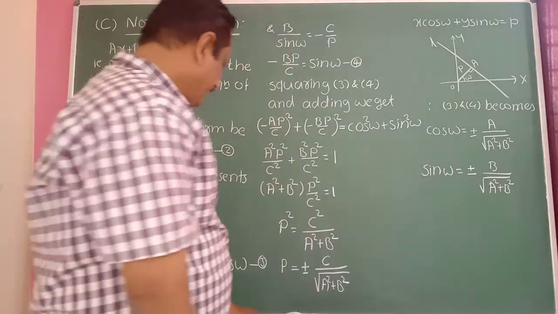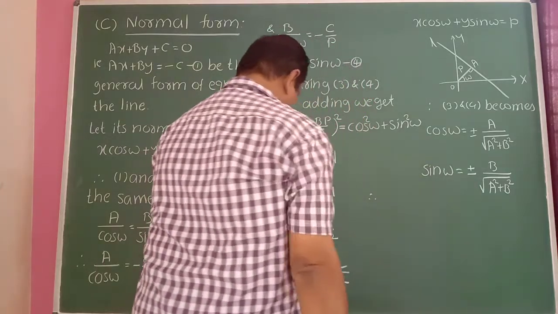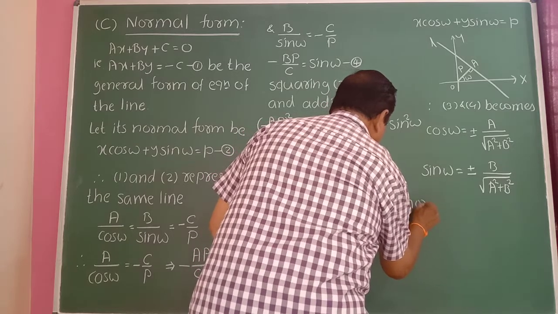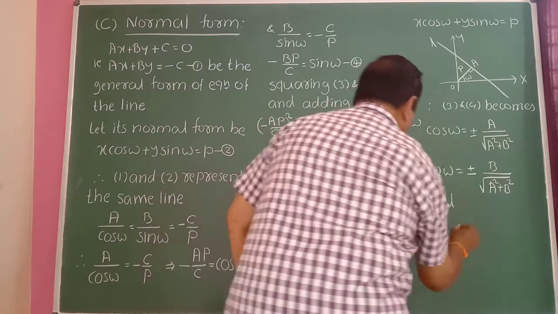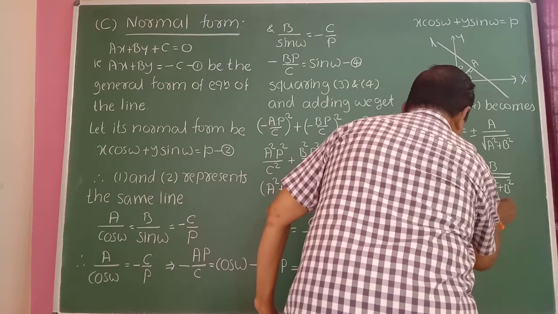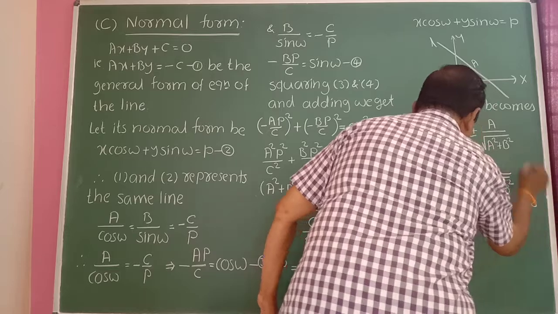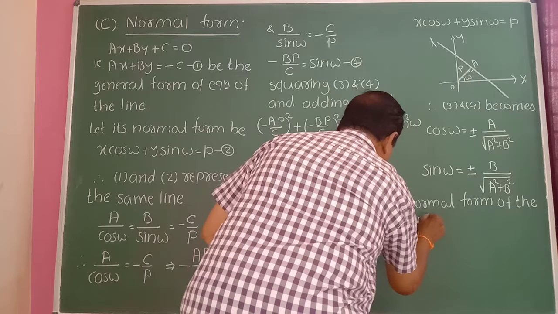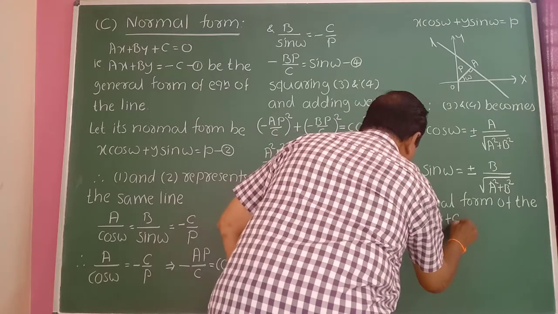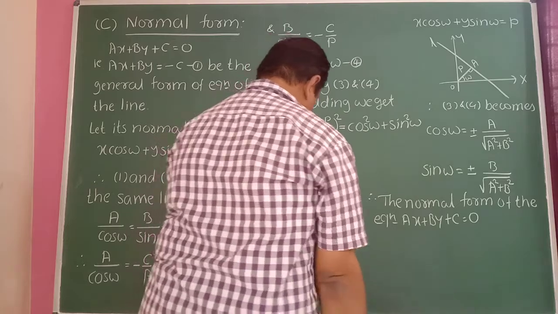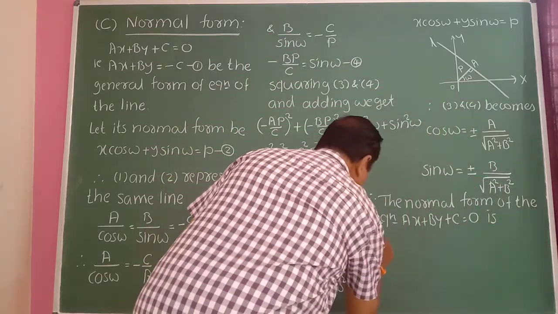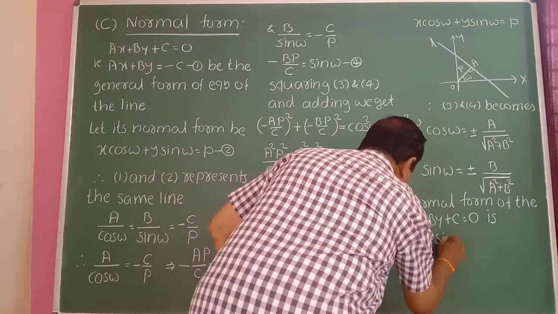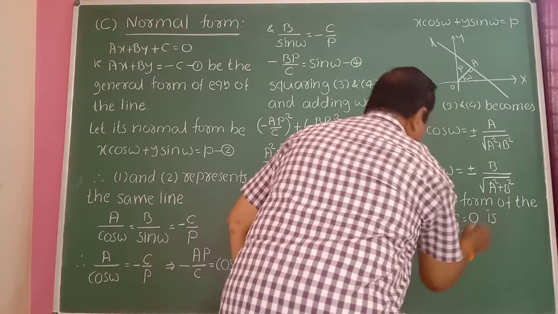Therefore the normal form of the equation ax plus by plus c is equal to 0 is x into cos omega plus y into sin omega is equal to p, where